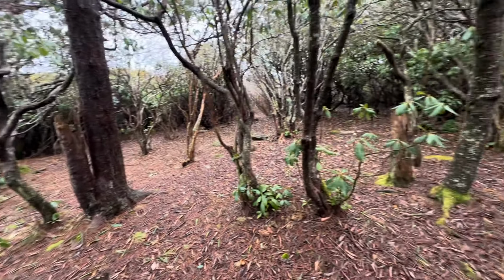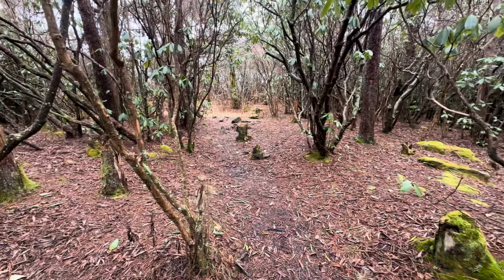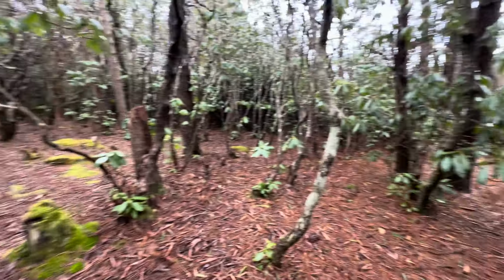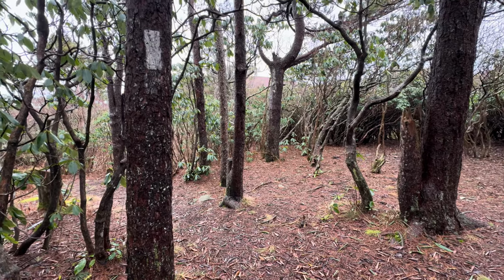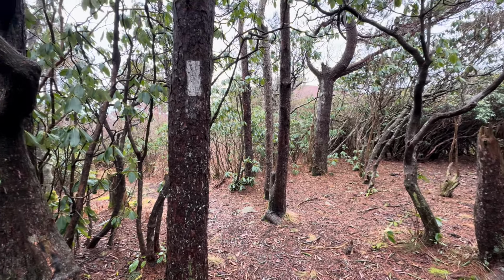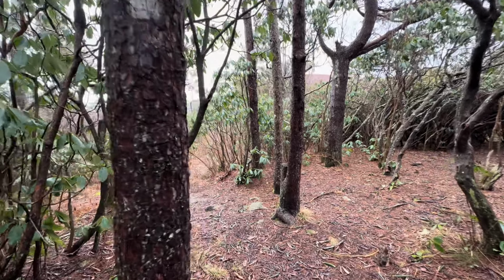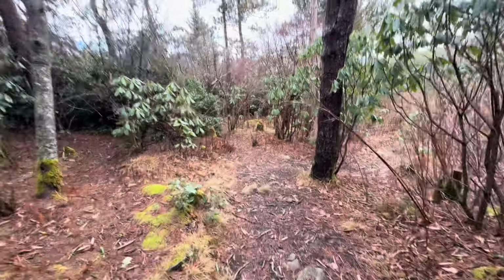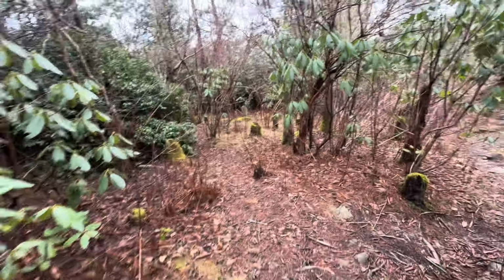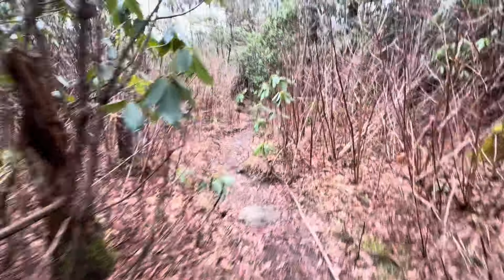Beautiful area here. But again, I'm on the trail. Had a sign back there saying Art Loeb Trail this way at an intersection, and I don't know, begin with an I, went off the other way. Yet when I'm on here on All Trails, it's showing I'm nowhere near the trail. It is so confused on what the trail is. I don't know what that problem is or what causes that,